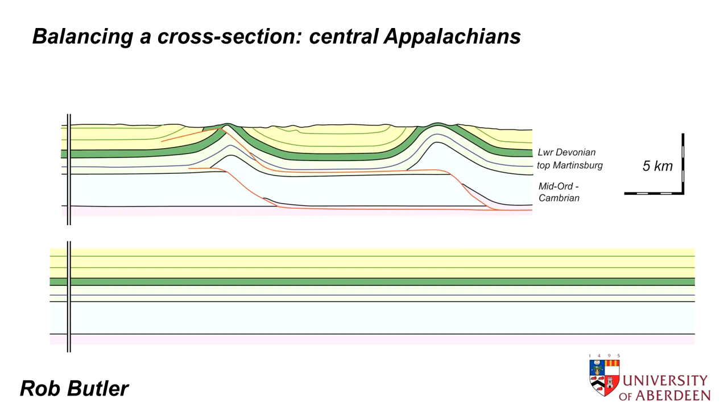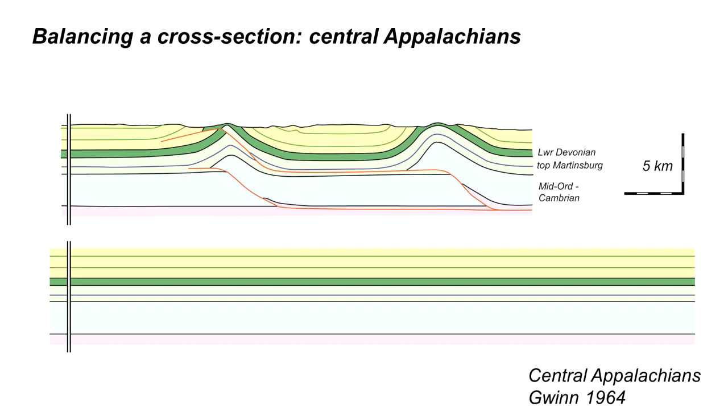Balanced cross-sections are important tools for investigating interpretations of complex structures such as fold and thrust belts. But how do you go about balancing a cross-section? We can investigate how cross-sections are balanced using this example from the Central Appalachians, which comes from a classic paper